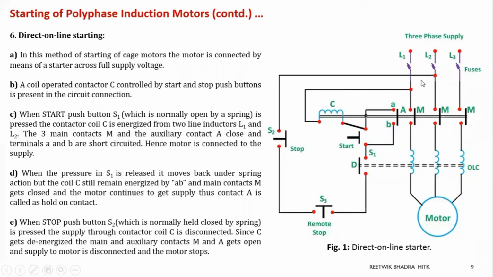This coil C will be energized through this AB contact. Through this AB contact, it will still remain energized, and the motor will get supplied from the mains. Okay, in order to disconnect this,